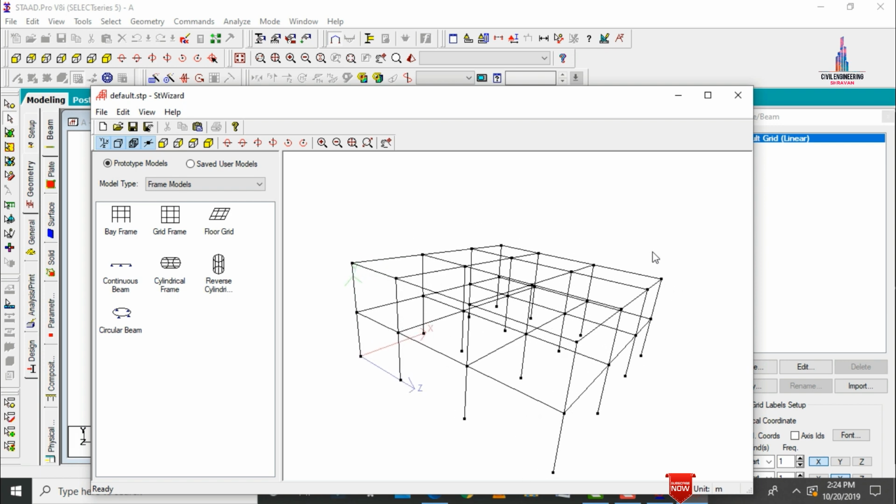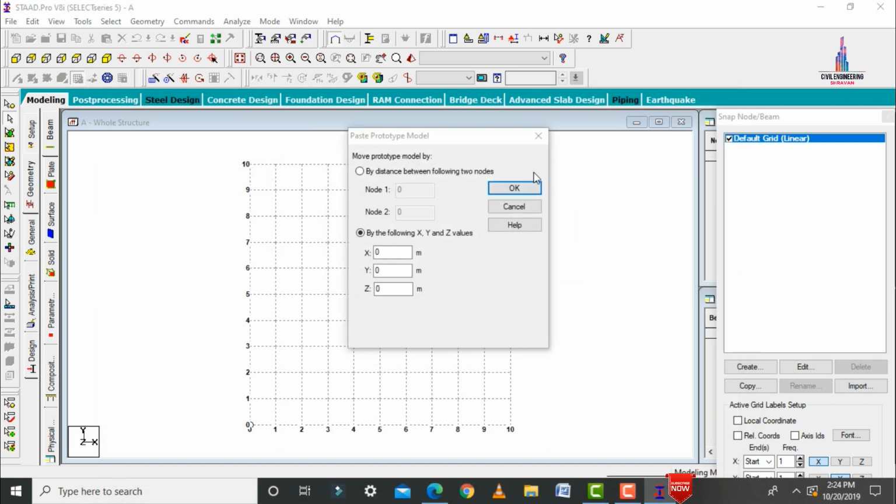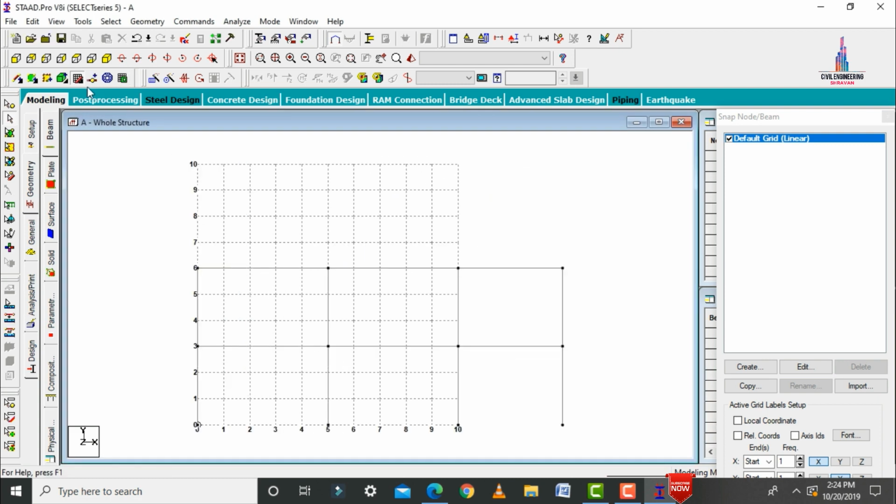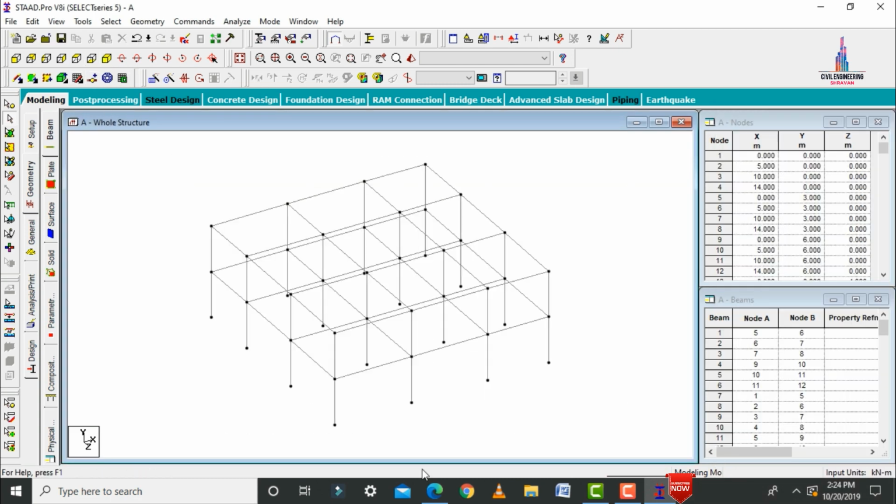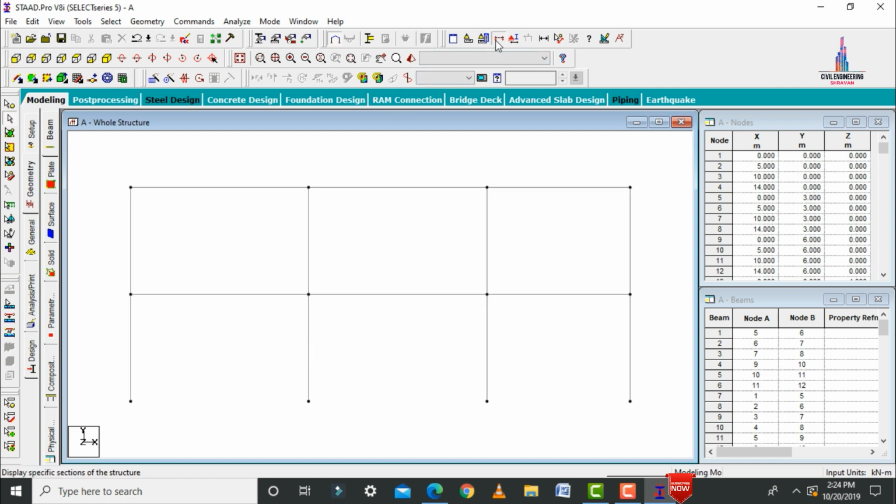Okay. So this is the model. Initially we need to import this model. Click on import option, click on S button, click on OK. After importing this model, we have to cut this ground story for this house. So initially I am selecting this front view, cut section command, selective view, click on OK. So here I am cutting this portion.